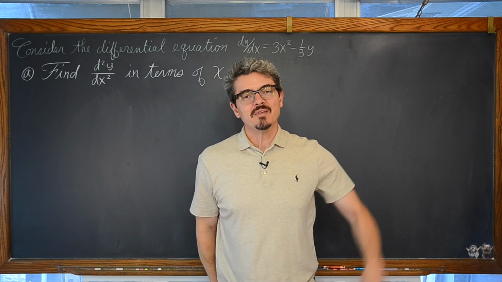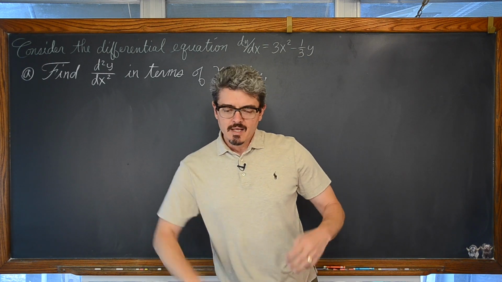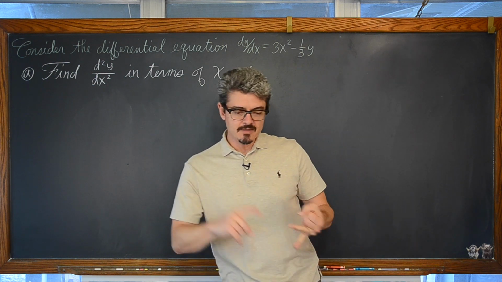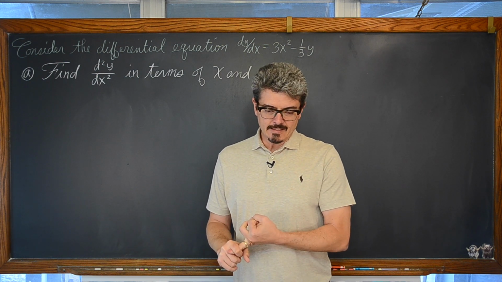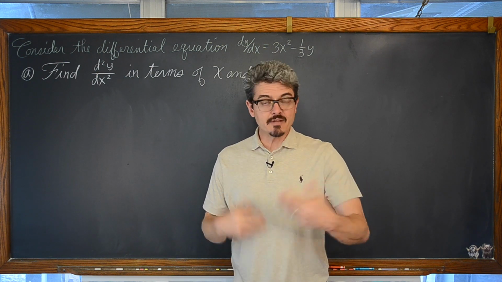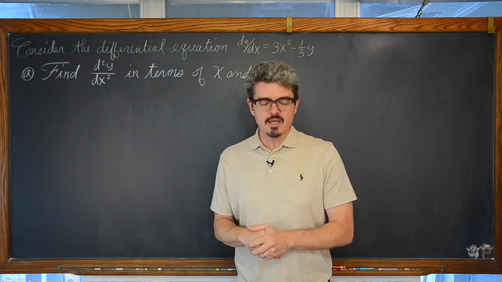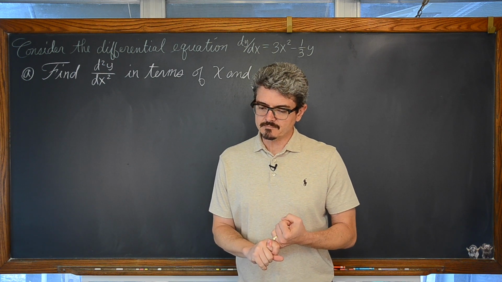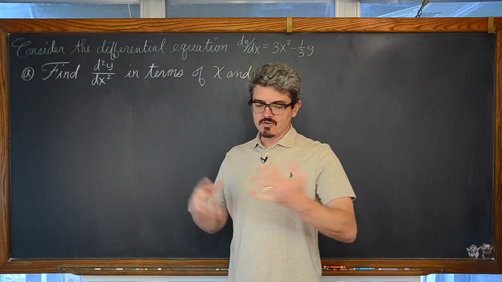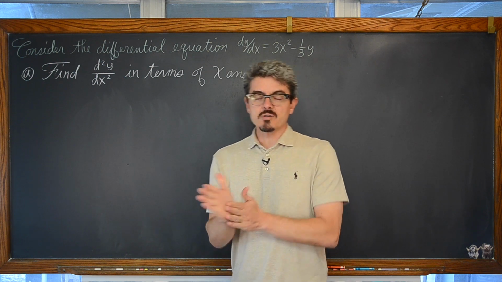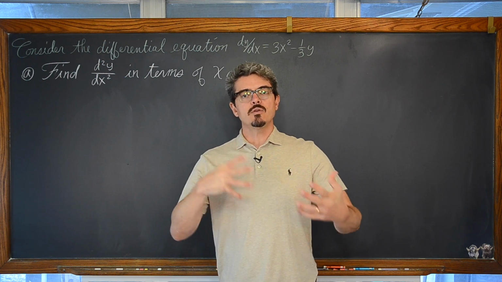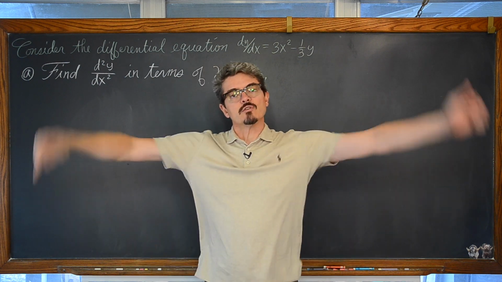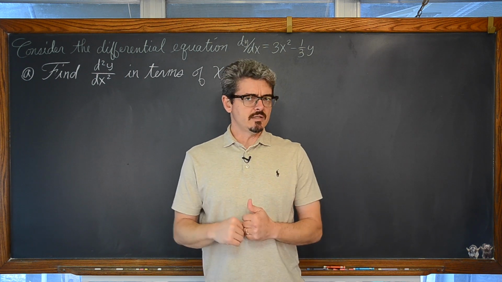Bam! Mr. Tarrou. In this video, we're going to do a four-part question. Part A, finding the second derivative implicitly. Part B, determining if a relative max or min or neither exists at a point for a function. Part C, a question about analyzing the limit of a function at a given point. And then in part D, we're going to be estimating a function's value given a differential equation using Euler's method. You're going to find timestamps to jump ahead to any of these four parts if you like.